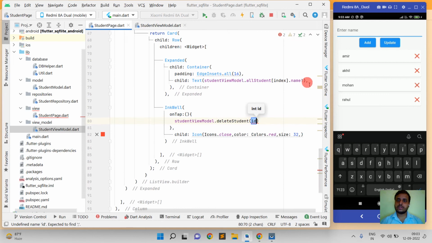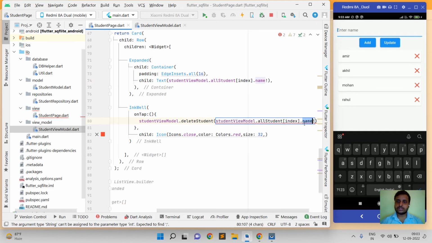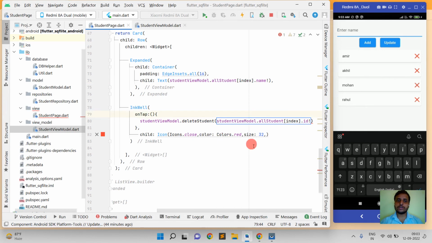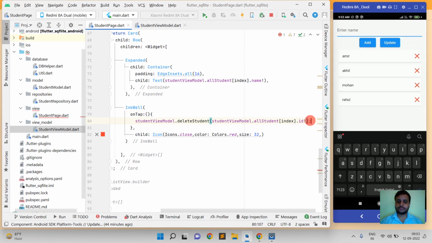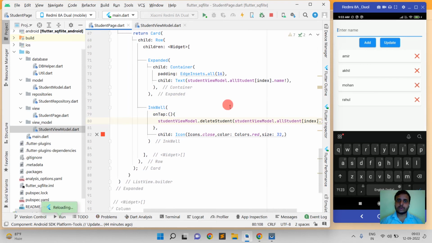and just copy this and paste here and change with id instead of name. Okay, now just save our code, and when I'm going to hit any icon, then you can see the record is deleted. Okay,